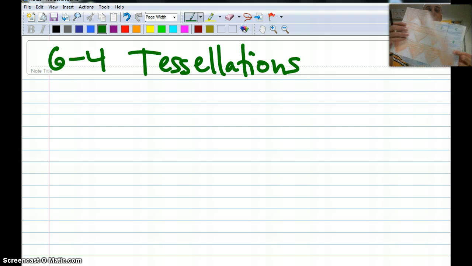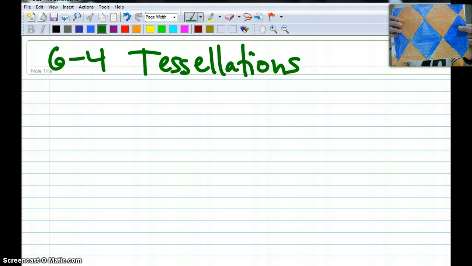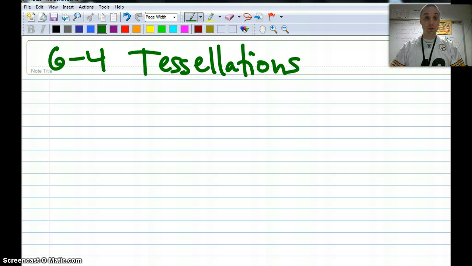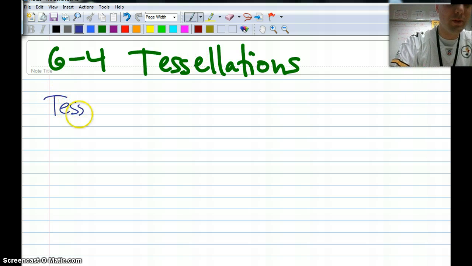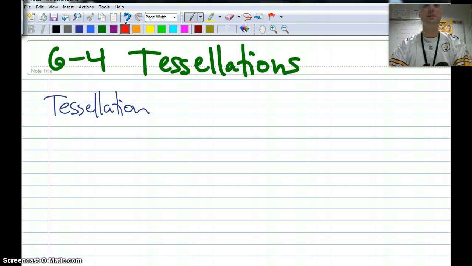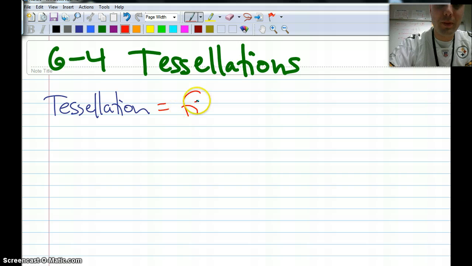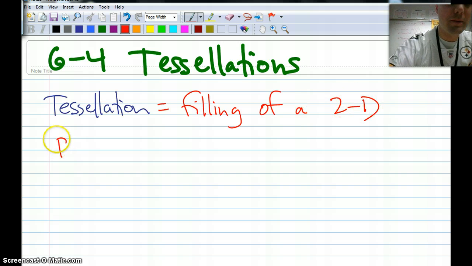And so as you can see, tessellations have a lot to do with patterns. And so first thing I'm going to do is get a definition for what a tessellation is. And so right below this, write the word tessellation. And it's kind of a long definition, but it's not too challenging. So here it goes. Tessellation is a filling, right? Like a filling of a plane. We're going to fill it all the way up in all directions. So a filling of a two-dimensional or 2D plane